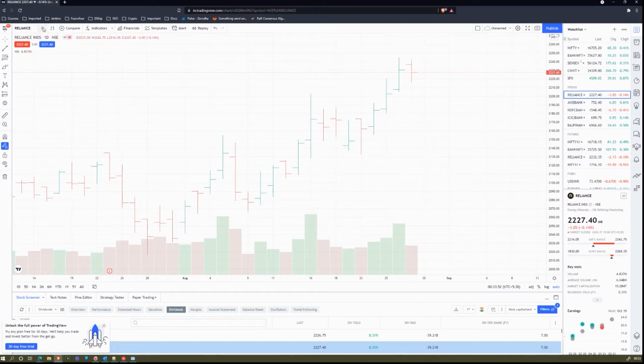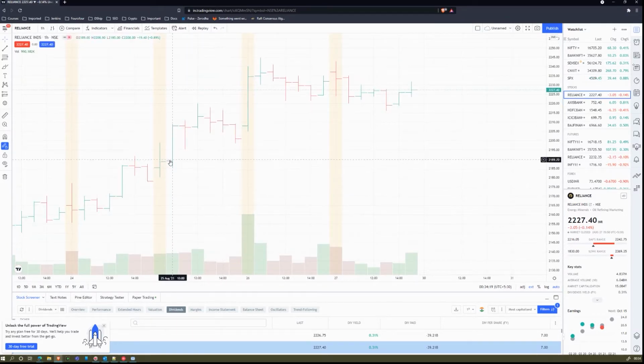Now since this chart is set to a daily basis, it will represent the opening price of the day and the closing price of the day. I can change it to a minute basis or an hourly basis or 4 hours or any of these. In an hourly chart, it will show the opening price for that particular hour and the closing price